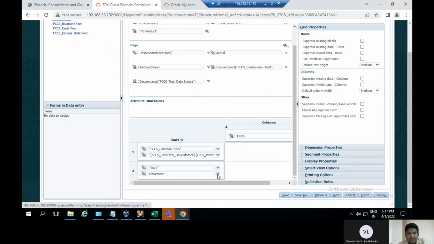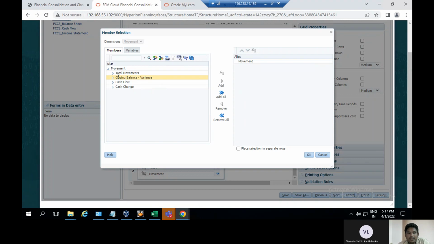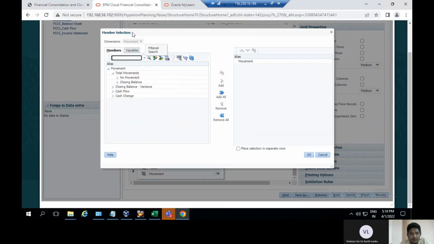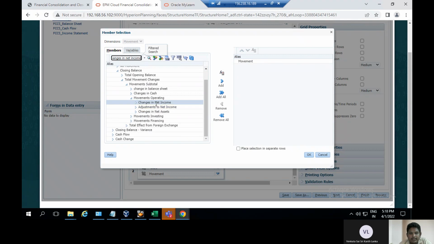And then after movement, here the total movements. Under the movements here, I will change the changes in net income. Okay, I will give changes in net income. Yes, changes in net income, and click on add, click on OK, and then after